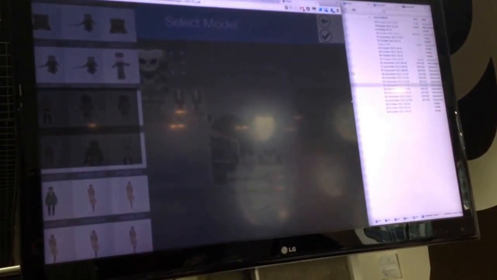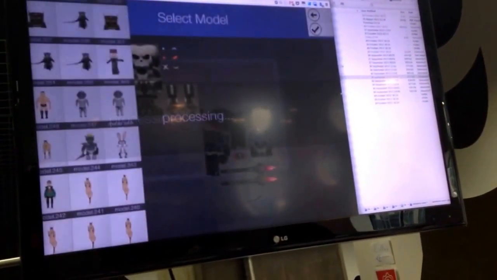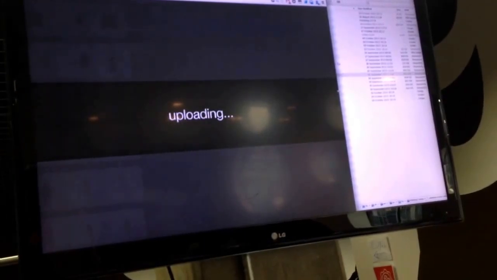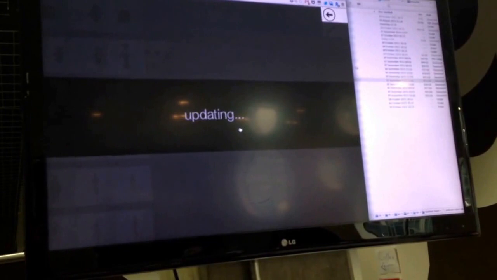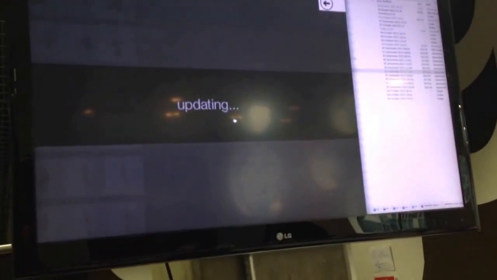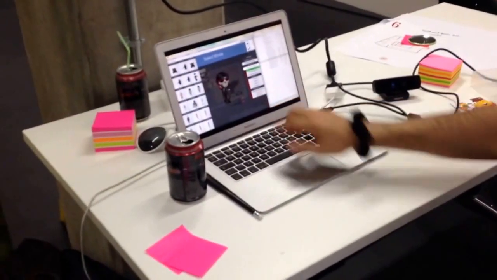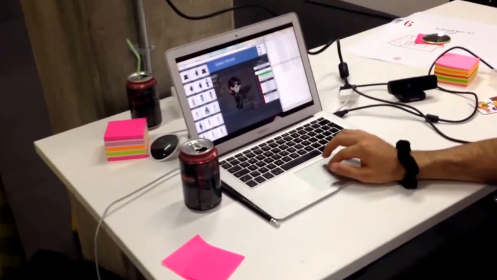Now the format that we uploaded right now is something called FBX. It's like an industry standard by Autodesk for packaging your 3D models and animations into one file. So to get that to work, we convert FBX into an open format, which is JSON based, which means it's completely human readable. But we zip it and compress it. So right now it's uploading to the server. And then it's going to process it and convert it into an open format. And once it's done that, it's going to be available to see on the actual phone. So this guy's jabbing here. As soon as I accept it,